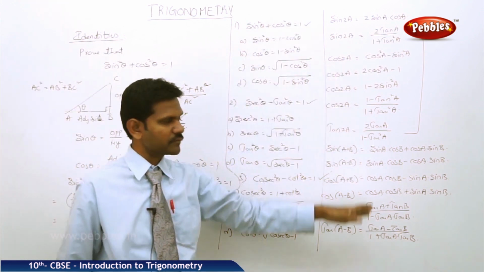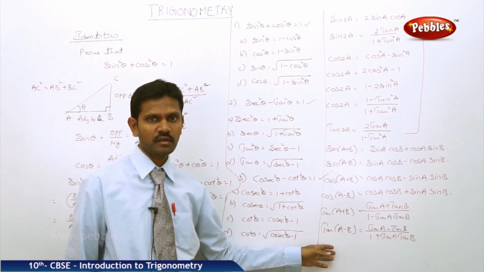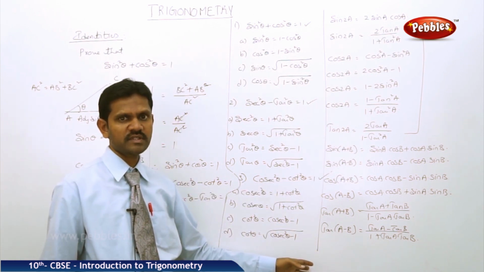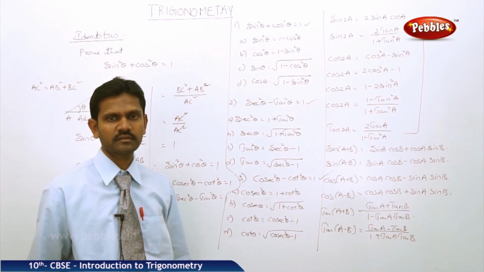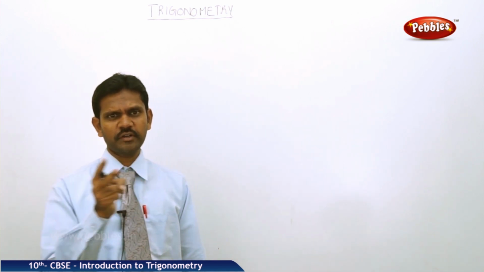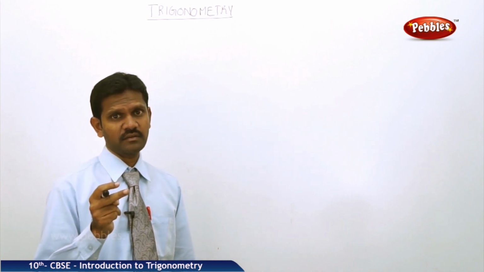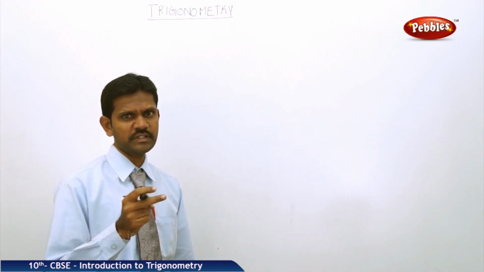All these formulas are very helpful for us while solving the problems. Now, let us see how to use these formulas while solving the problems. Okay, now let us see a very important topic of trigonometry, variation of trigonometric values from 0 to 90 degrees. That is, from 0 to 90, we can select some important values, and with respect to theta in trigonometric ratios, how it will change, let us see now.